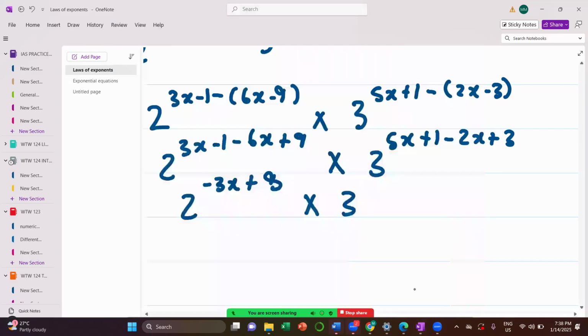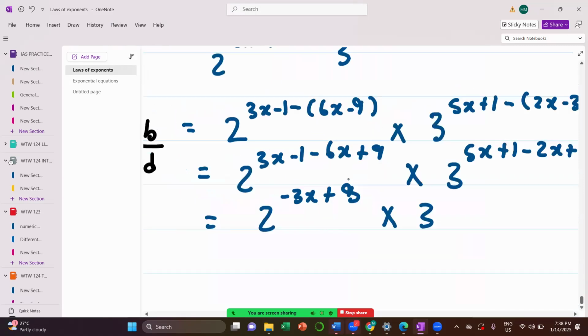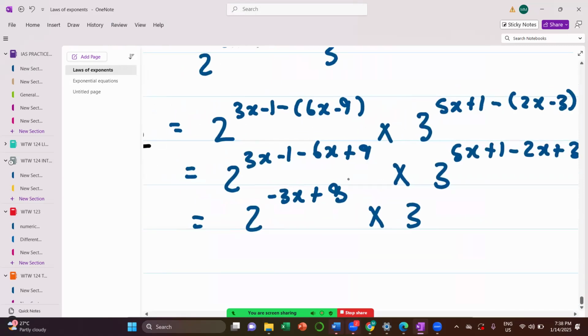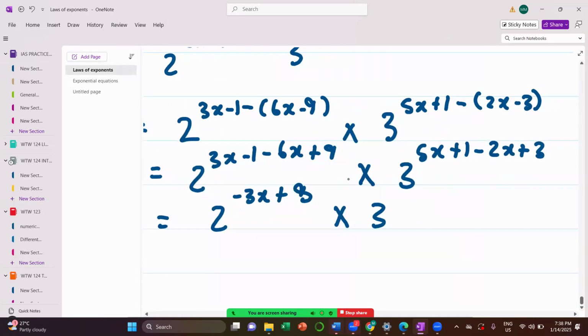Okay. So this is where we were. Let's continue. So now I just have to what? Add the exponents here. I'm gonna have 5x minus 2x. It's gonna be what? 3x, right? And then check. I'm gonna have 1 plus 3, which is what? Plus 4. And then